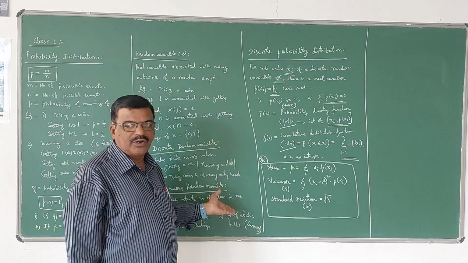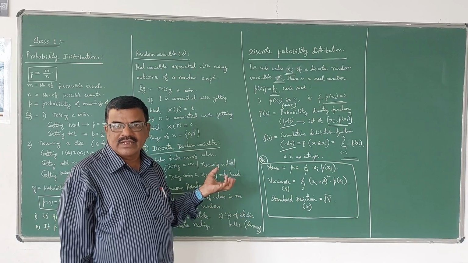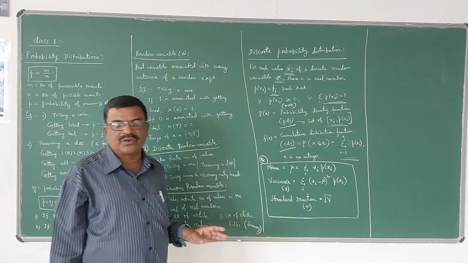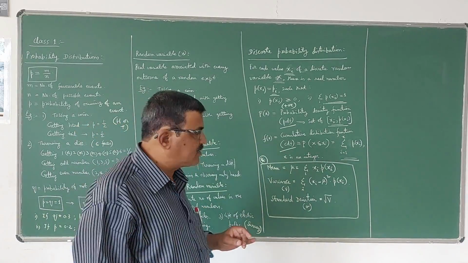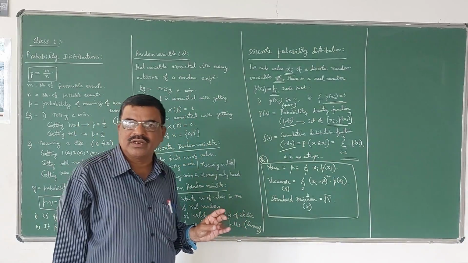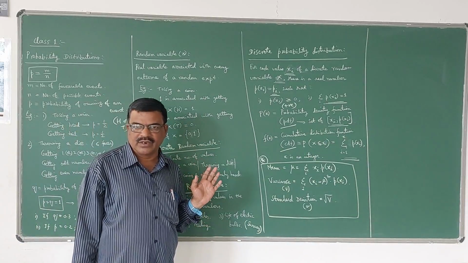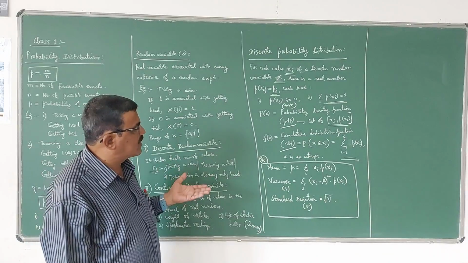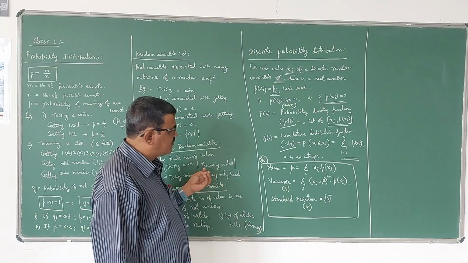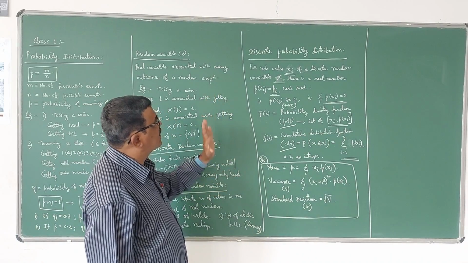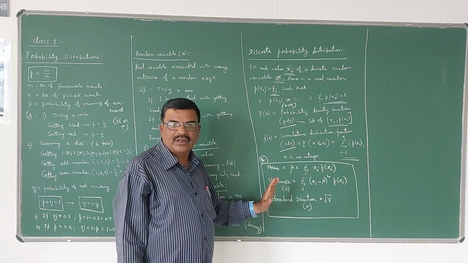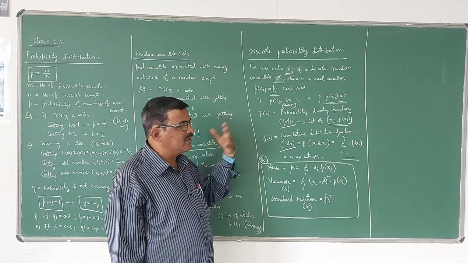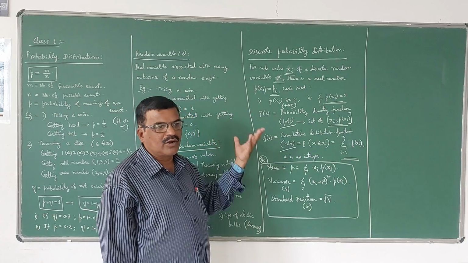Then next class I am going to take up some numericals. Then there are three important distributions you have to study. One is binomial distribution, second one is Poisson distribution, third one is normal distribution. Then lastly chi-square test. So that I will explain later. First, now I will take up some problems on this probability distribution in the next class. Then in each next video I will take up binomial, Poisson and